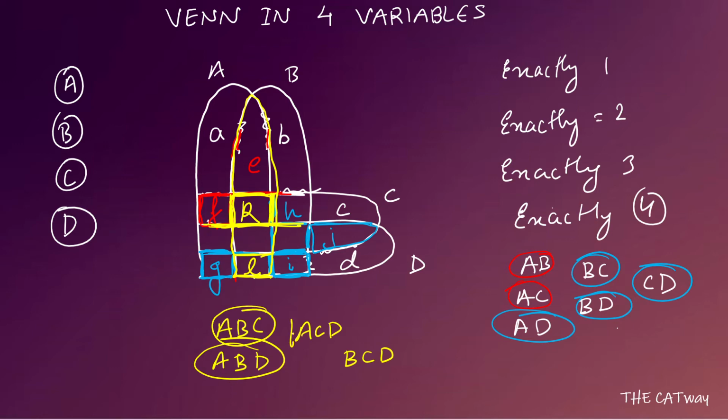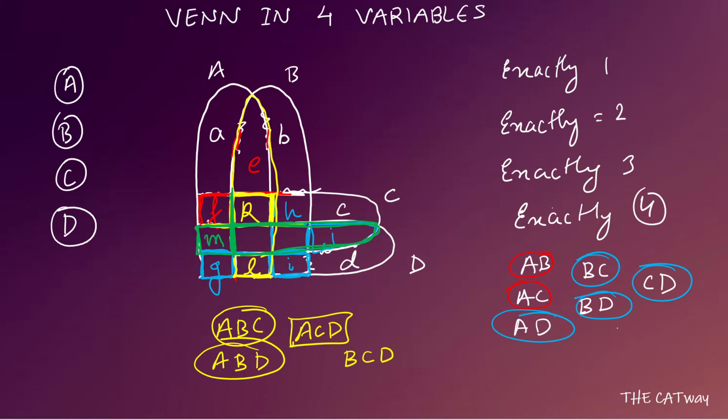Okay, now we have to represent ACD. Okay, so we know that this area till here it is, let's change the color again. Okay, so see, B is ending over here, and this area is coming under A. Okay, it is coming under C and D both, because C and D is this much, including both C and D is this all. So this area is under C and D, and it is also under A, but it is outside B. So this area will represent A, C and D, and it will be represented by M.